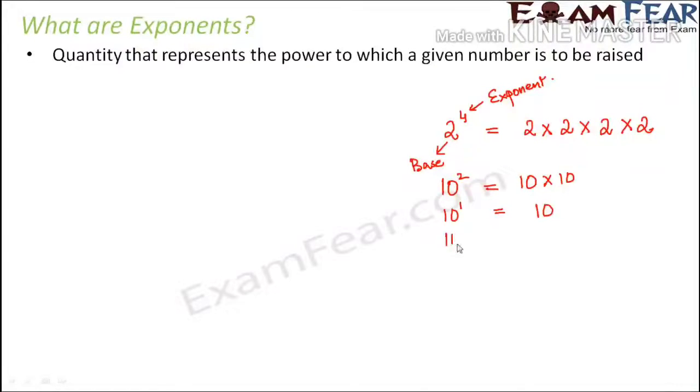Now if we talk about 10 to the power 0, what does that mean? That means that we are not going to use 10 even once for multiplication. So your result would be 1, because you are not multiplying 10 even one time. So 10 to the power 0 would be 1. In this fashion, we can represent numbers, especially the bigger numbers and the smaller numbers, as exponents or using